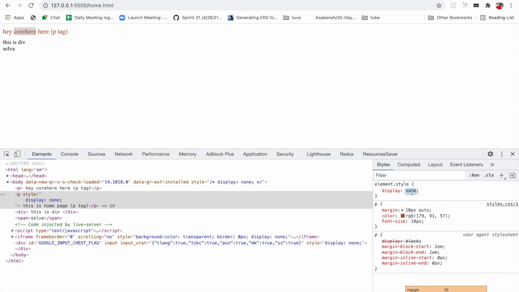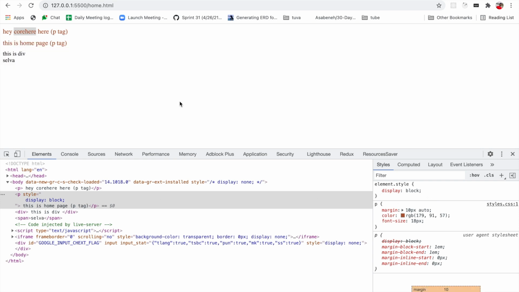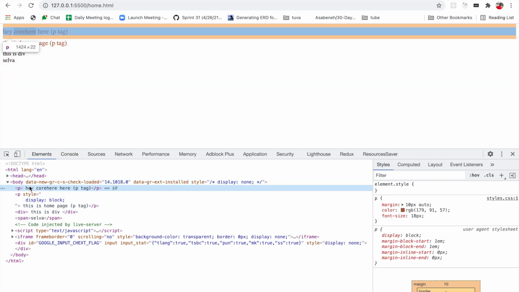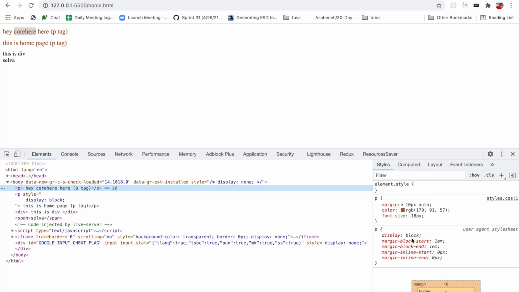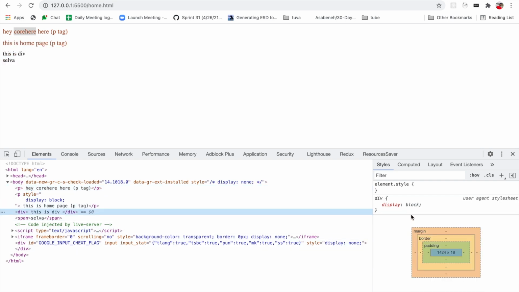Let's see block first. Block means like a box. A box definitely has some kind of width and height, right? So here the block element also has some width and height. You can change it, you can assign a particular height and width for the block property. So here we can see some tags like p tag and div. If you check, the actual display is block. The default p tag type is block. The same is applicable for div. See, same.